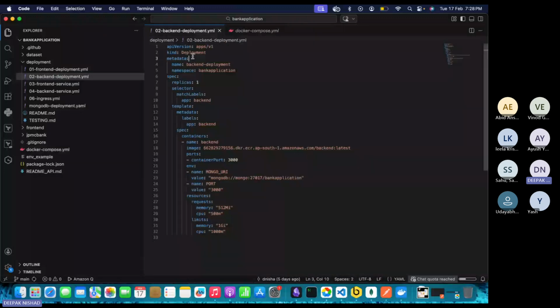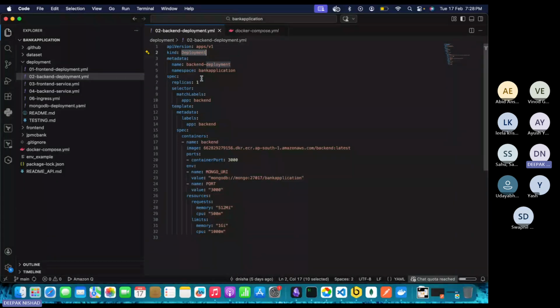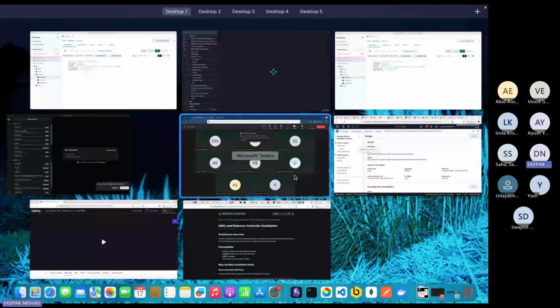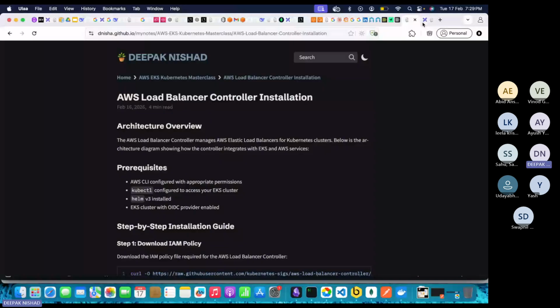Deployment is nothing but the Kubernetes object, which will help you scale out and manage how many instances of your application will be running. Like here I have put replica one, which means, when I deploy this application in my Kubernetes cluster. So let's say,